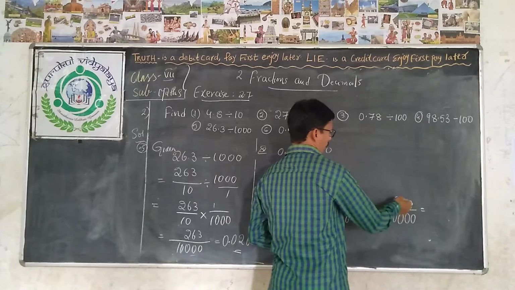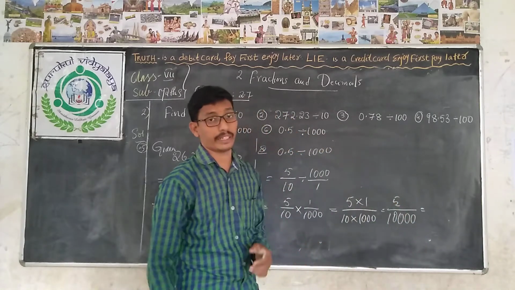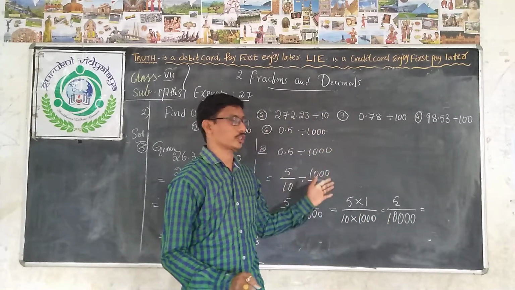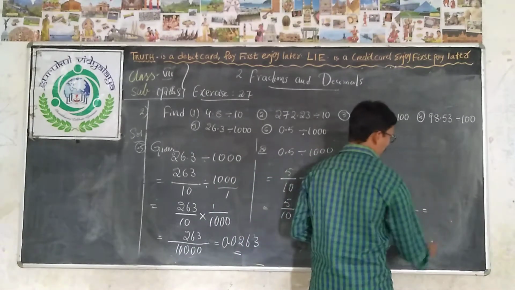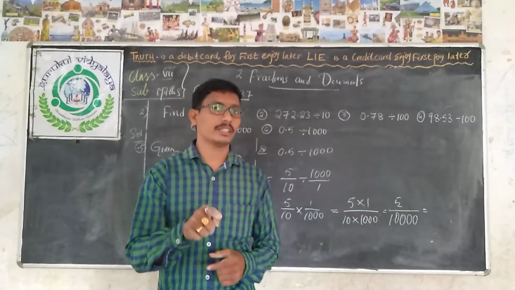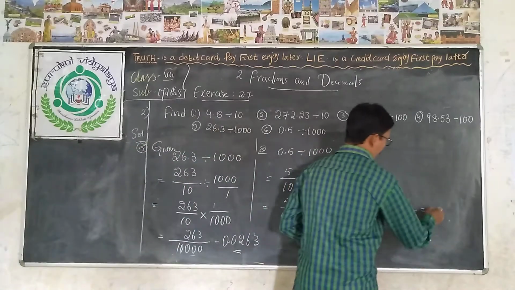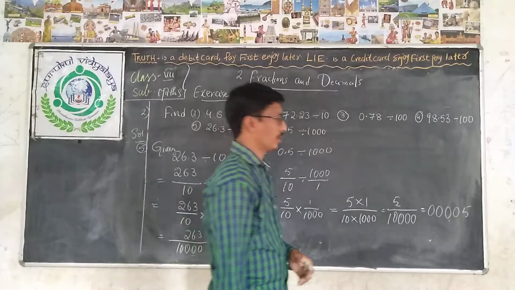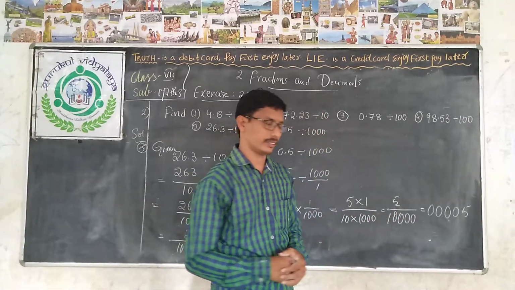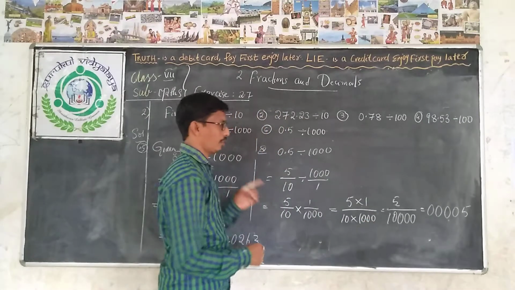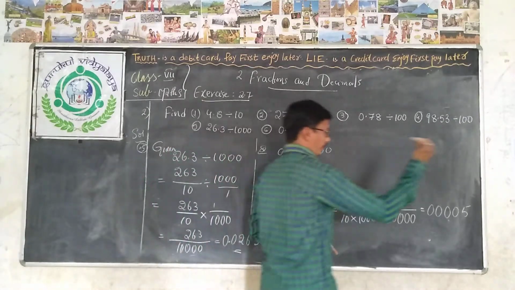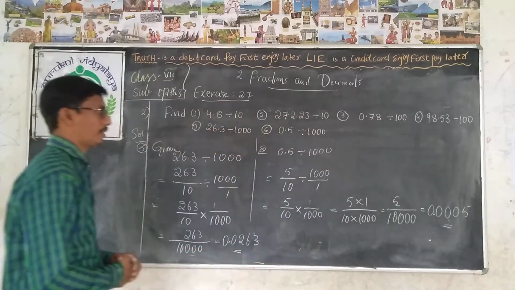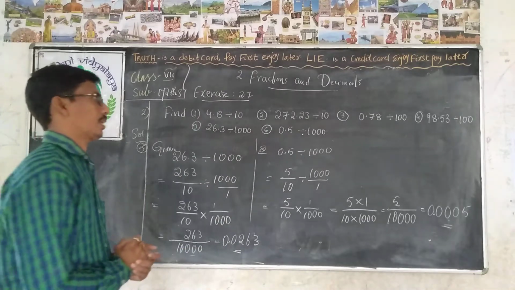Okay. So here only one digit is there in the numerator, but you should make it a 5-digit number because already in the denominator 5 digits are there. So in the numerator also you should make it equal. For the 4 digits, what will you take? The value should not change. So take 4 zeros, 1, 2, 3, 4, and keep the 5. Now are the digits in the numerator and denominator the same or not? Same. Now where do you have to keep the decimal point? Total how many zeros are there? 4 zeros are there. So coming from right to left, 4 digits up you keep the point. 0.0005 is the answer.